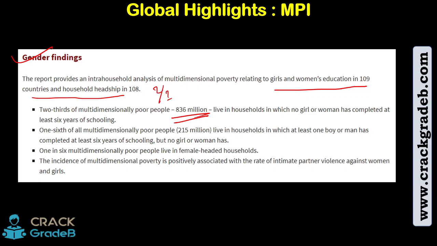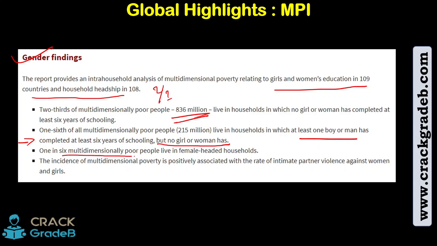Then one-sixth of the multidimensionally poor people, that is 215 million, live in a household in which at least one boy or man has completed at least 6 years of schooling, but no girl or woman has. Okay, then